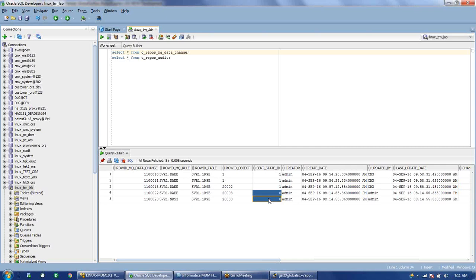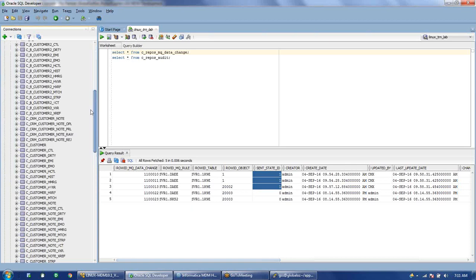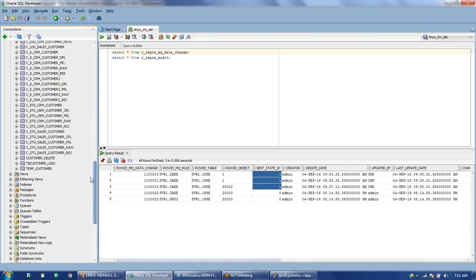So 0 as of now means it is not published, and the ones above which have 1 are published, and in case we see 2 it means there is some issue, so that will come as not published. And there are some other tables also for message triggers. See the post tables.